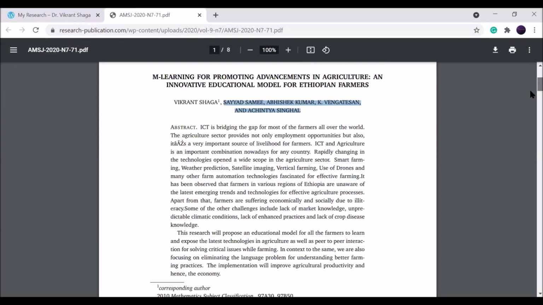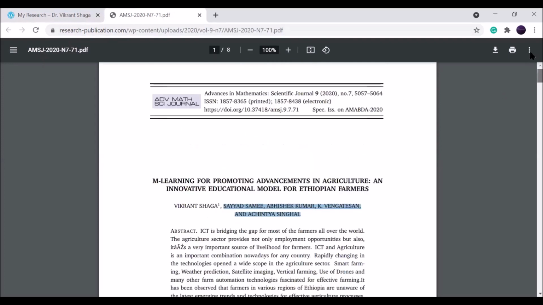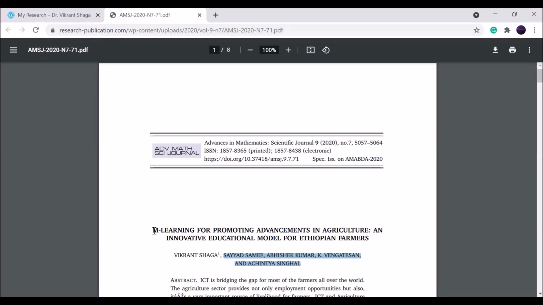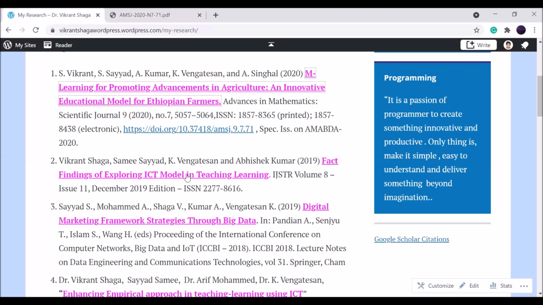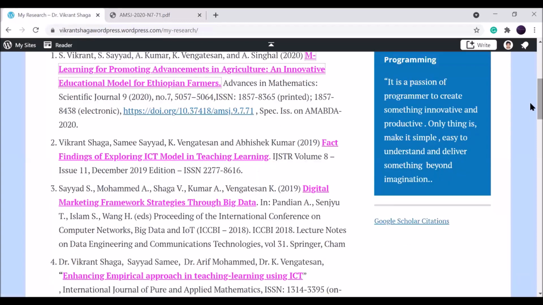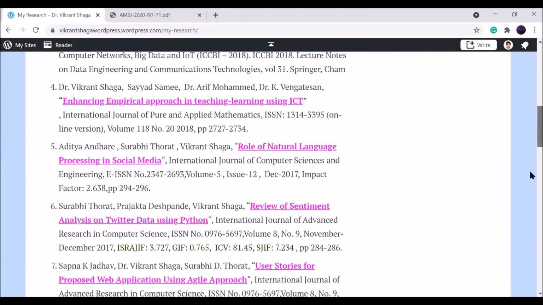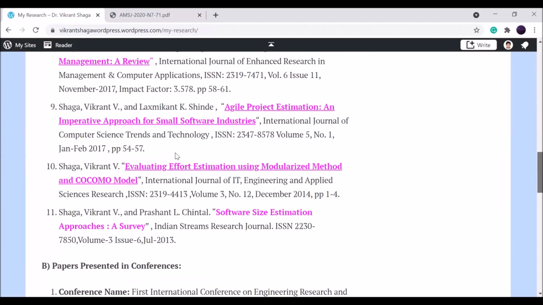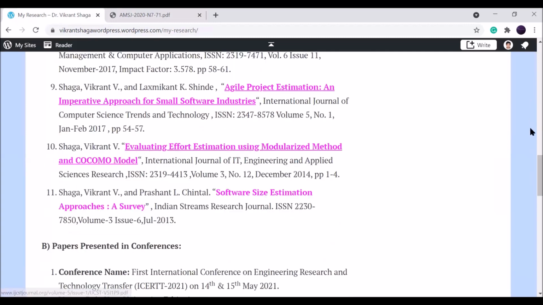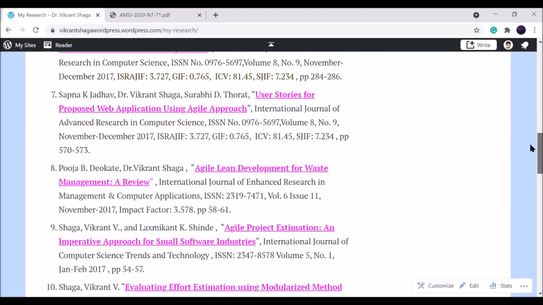And this is my research area. In this research I used M-learning for promoting advancements in agriculture, generally for Ethiopian farmers. This is one of the research papers that I published. Then another one is exploring ICT models. See, my research interest has always changed into different domains. Initially, I started with software estimation techniques, agile project management, agile lean development.